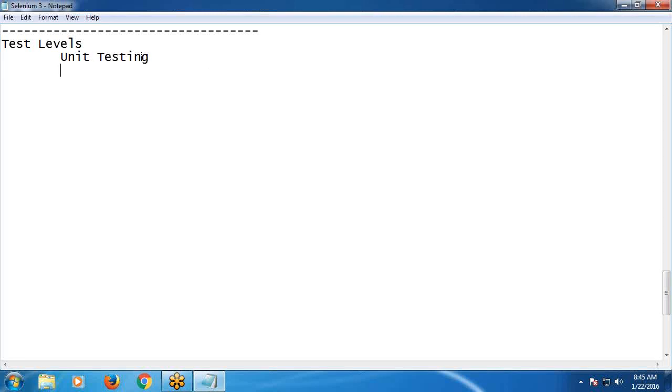Okay, testers may vary from one level to another. In unit testing, testers are developers. At system testing level, testers are independent testers. At acceptance testing level, testers are end users. Testers may vary from one level to another, but testing is same. Unit testing, next, integration testing. Next, our area, system testing. Independent testers conduct system testing. Next, end users conduct